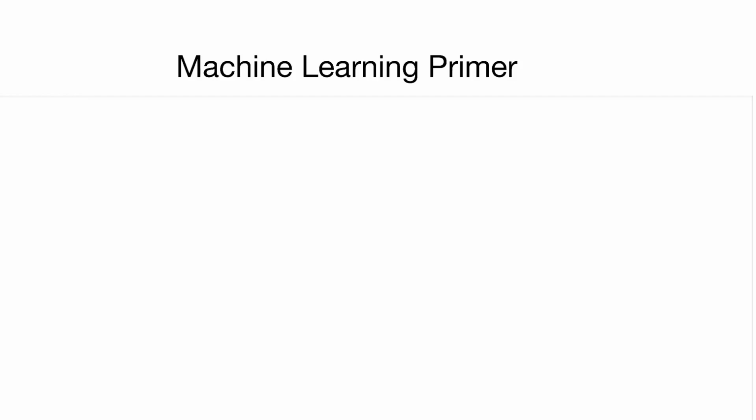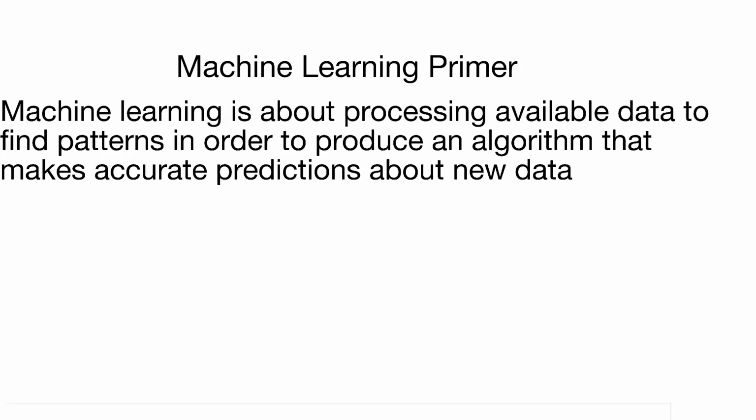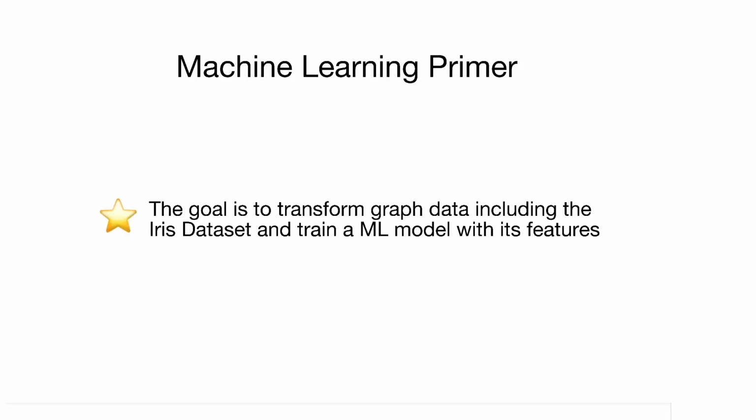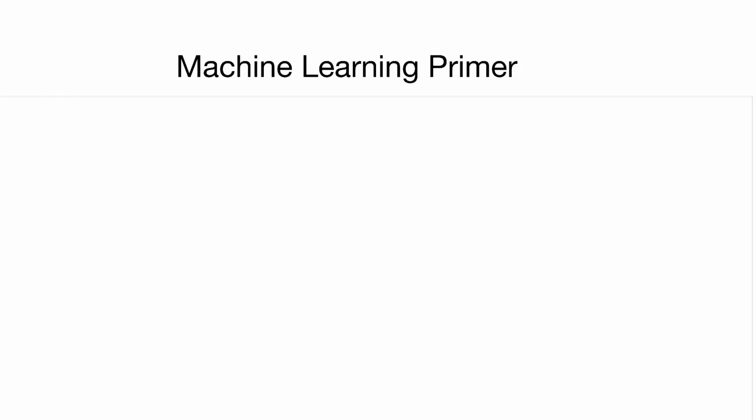Before we jump into the tutorial, it's important to have some general knowledge about the machine learning process. Machine learning is about processing available data to find patterns in order to produce an algorithm that makes accurate predictions about new data, which is exactly what we'll be doing in this tutorial using our own labeled datasets. The goal of this tutorial is to transform graph data, including the iris dataset, and train an ML model with its features. These are some ML-related terms that we should know so that we understand how to set up our